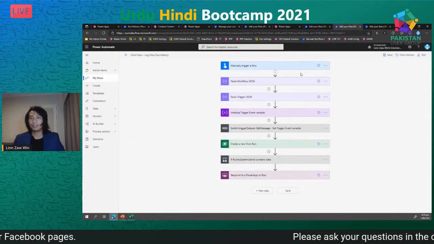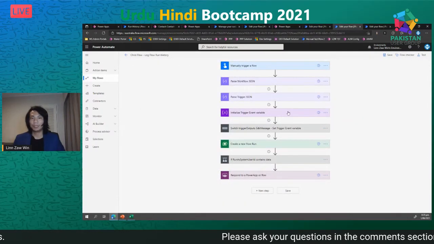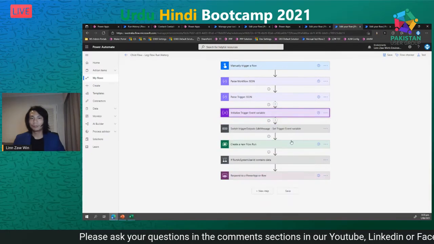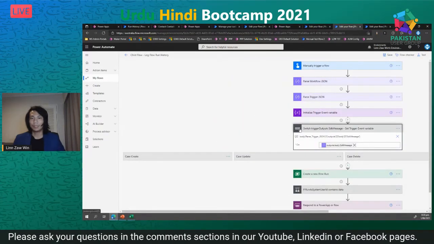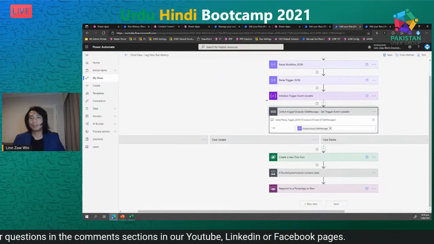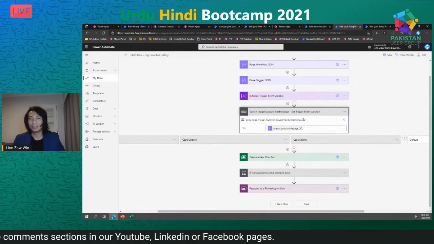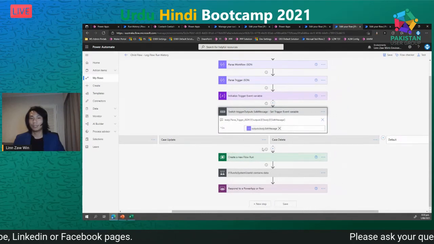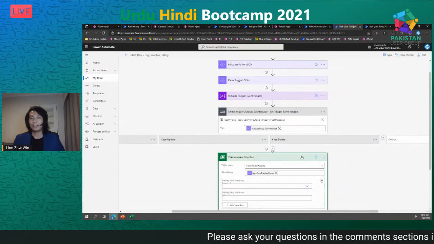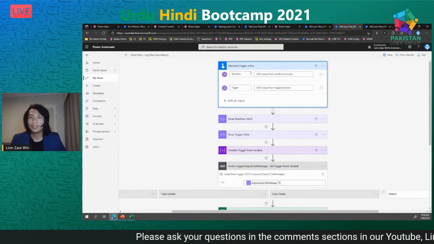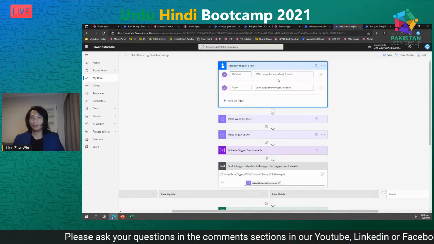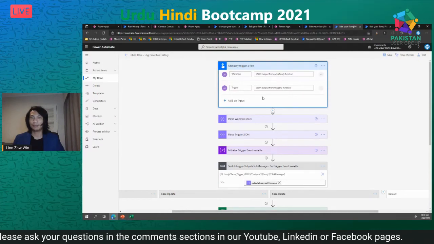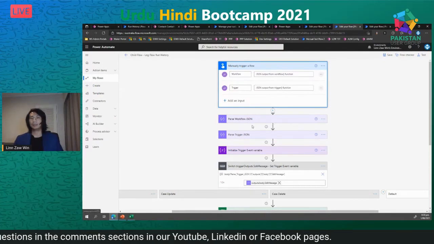So another one is using the child flow. This one is a little bit more simple. It is quite similar in steps. It gets the SDK message and tries to check what the trigger for this flow is, whether it's a create, update, or delete. And the input of this flow is the workflow and the trigger. So these are the two main inputs, and we're just parsing the JSON,